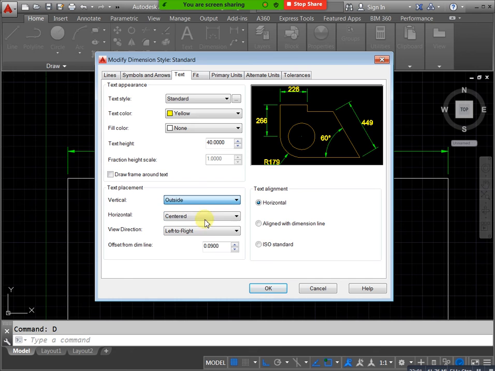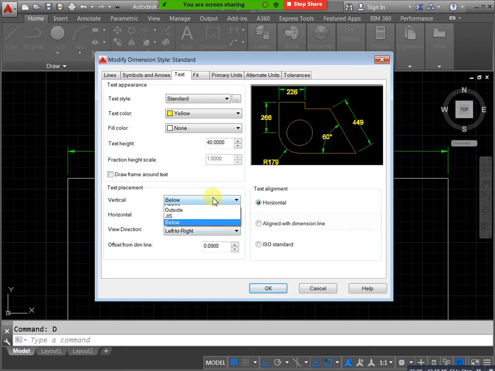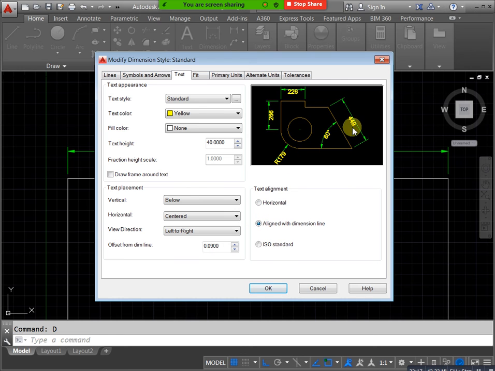But if you take horizontal, you only get horizontal like this. Here we have horizontal digits, here also horizontal. If you need aligned with the dimension, based on your dimension line it automatically takes the text digits also. If you need ISO standard based, you can mention ISO standard, that is your requirement.